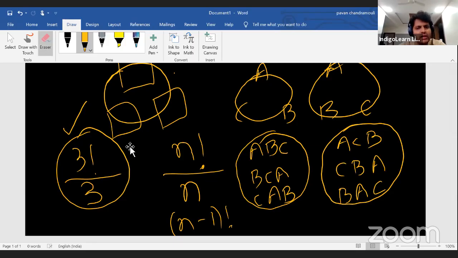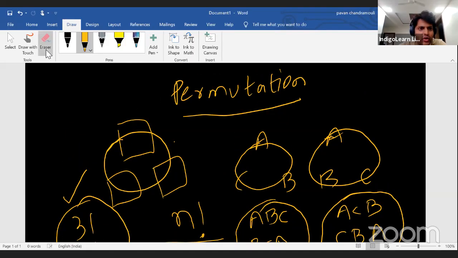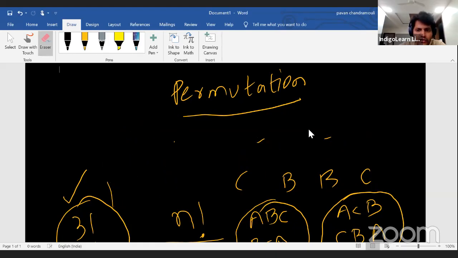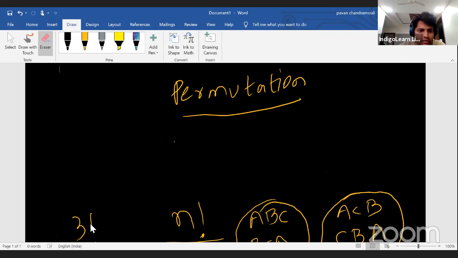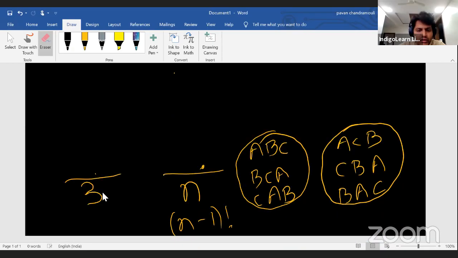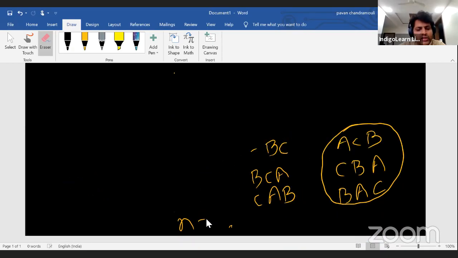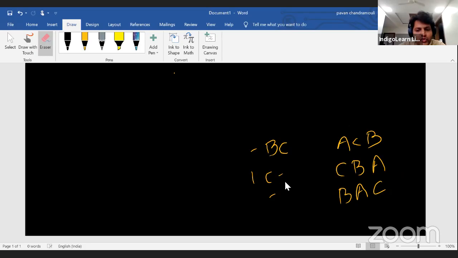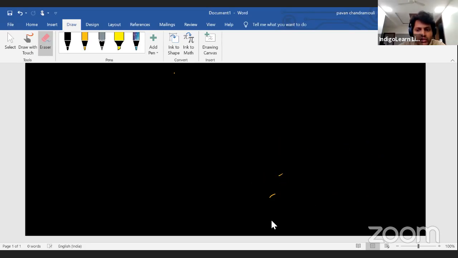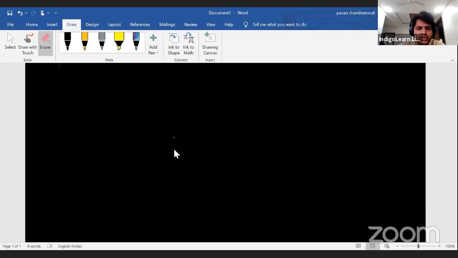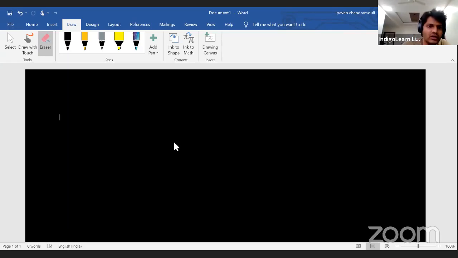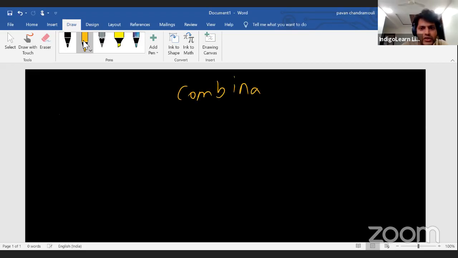Now guys, let's look at the concept of combination. How are combinations used in our day-to-day life? Since you have already understood permutation, I think you will have no difficulty in understanding combination. The only thing we have to understand is where to use this, in which problem to use which concept. That is one thing I always struggled with even as a student, so let's try to address those also today, guys. Let's move on to the second concept for today, which is called combination.